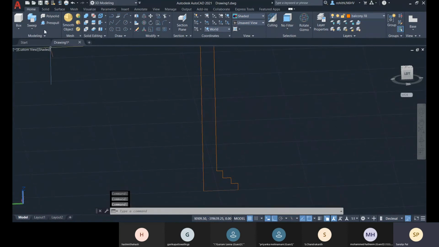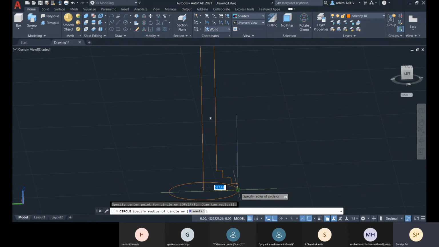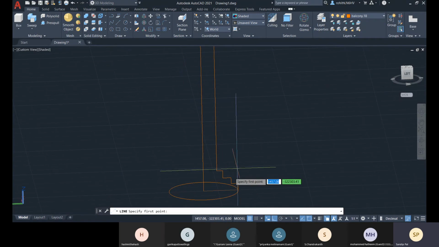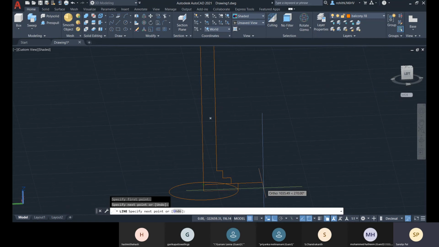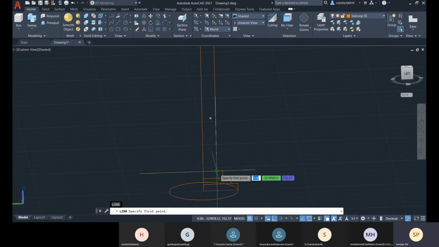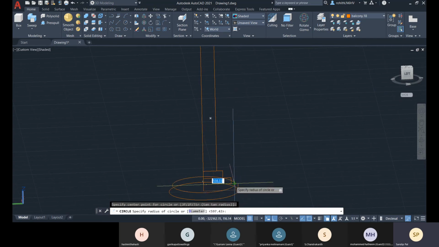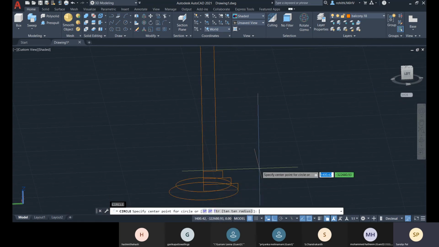and what you can do is you can create a circle. So this will be the center of this circle, and then you can define this. There should be some lines. So let me go with this quick circle.